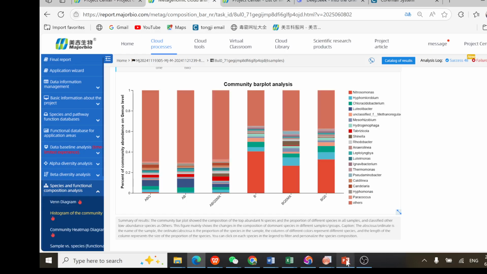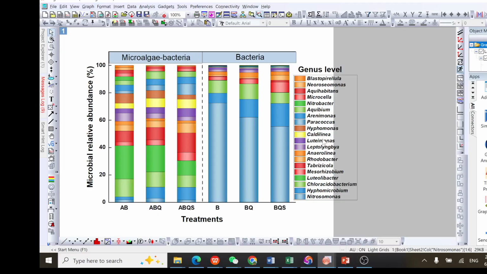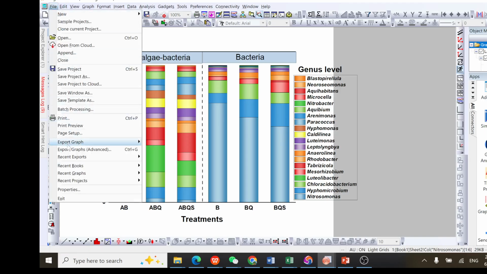So you come to what we just plotted. The largest one, which is this color, is Nitrosomonas, followed by this one, which is blue, this Aphro microbial. So they are just like that. So you have your beautiful bar charts like this to express your microbial community. So after you have done this, you can export. You come here, you export